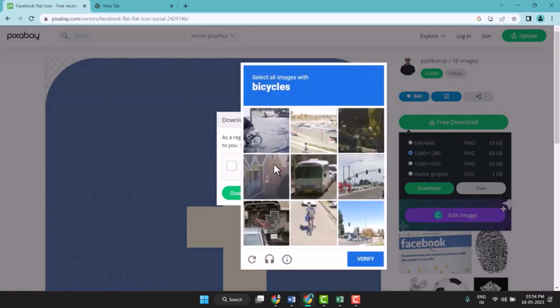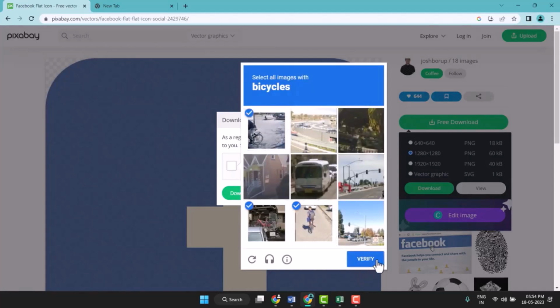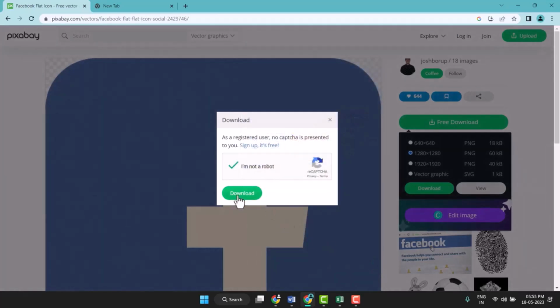and check this box and complete this task and click on download,